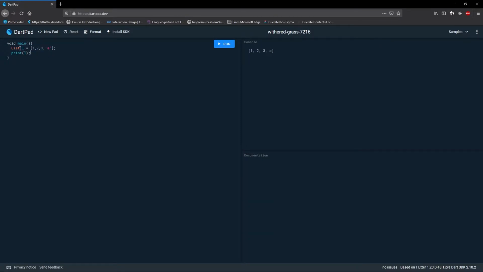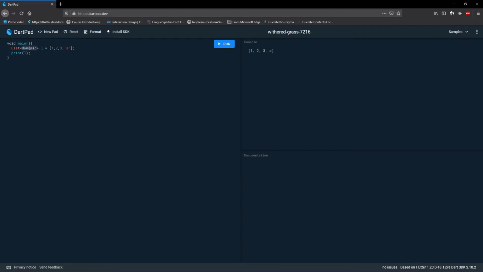Why it's not throwing an error is because by default this list is of dynamic type, which means you can have a mixture of several data types within the list.